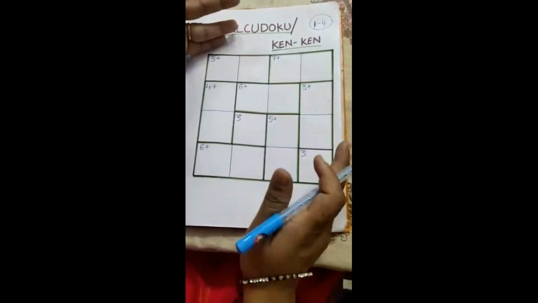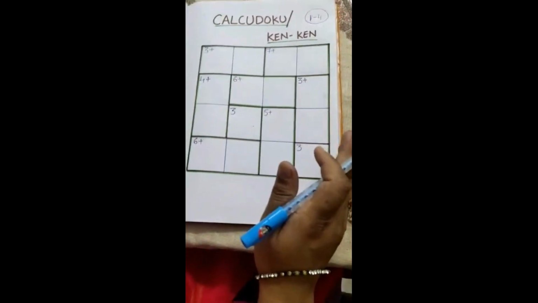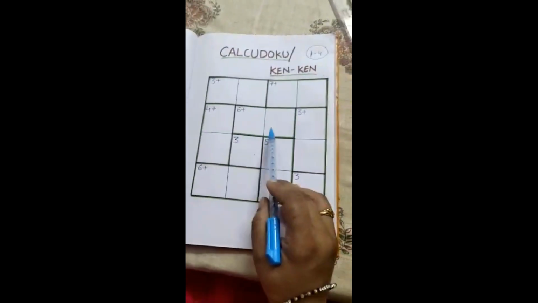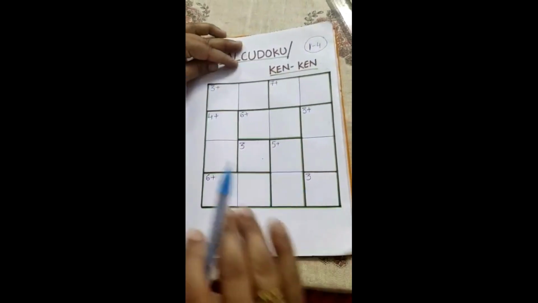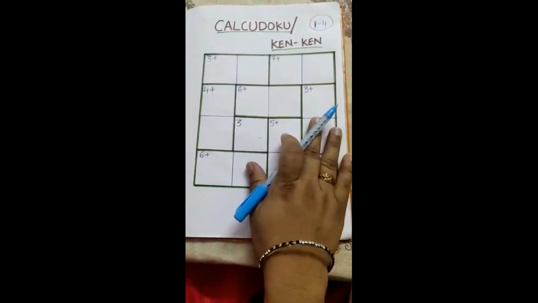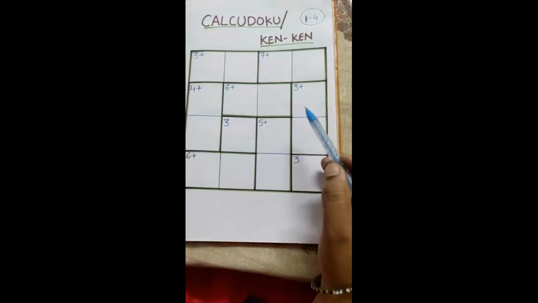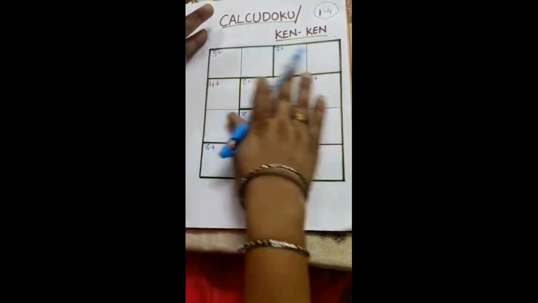Okay, what are the general rules to follow to solve this puzzle? The goal of each puzzle is to fill a grid with the digits 1 to 4 for a 4x4 grid, or 1 to 5 for a 5x5 grid. Now I am showing you a 4x4 puzzle so you can understand the rules and regulations of a Ken puzzle and how to solve it. Let's come here.